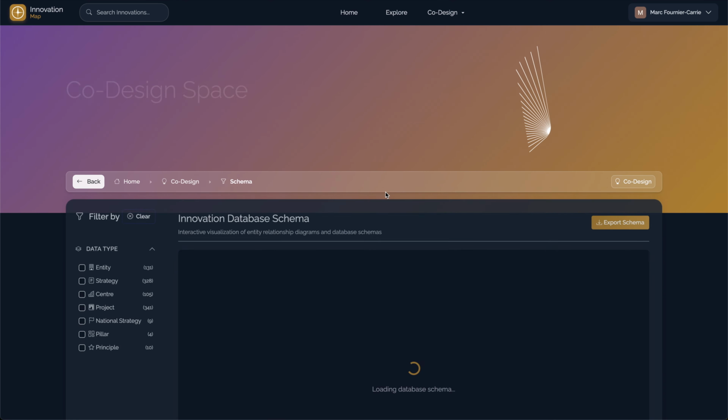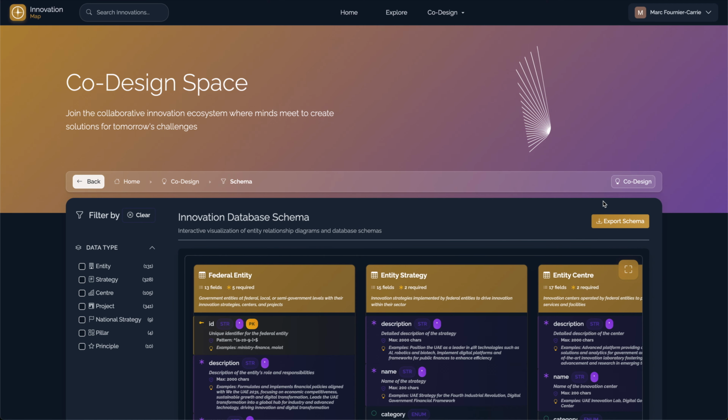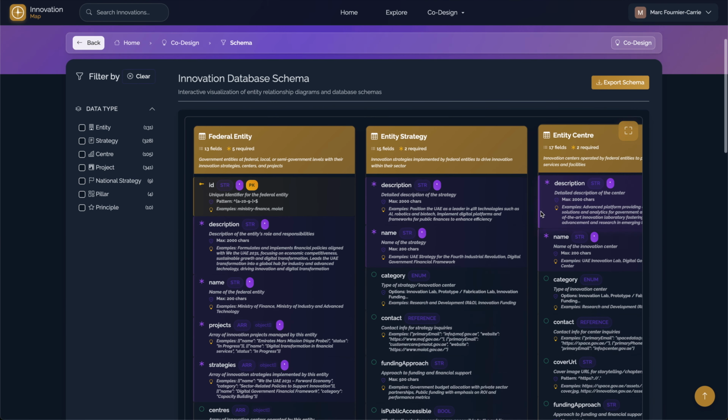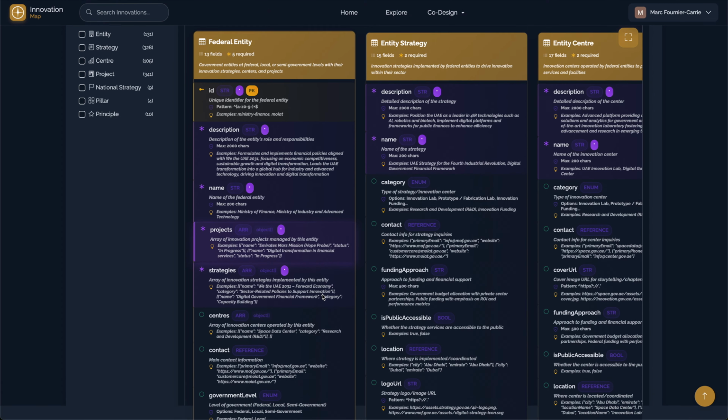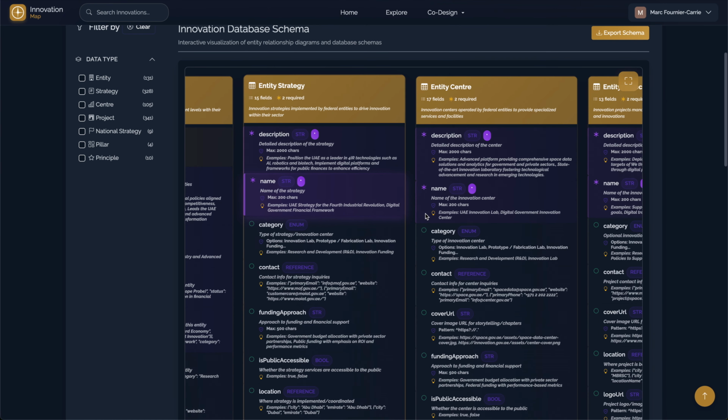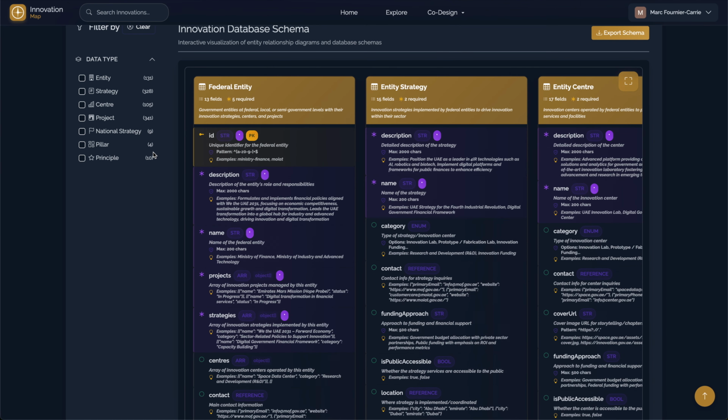I can go to my data structure menu. It will pull some dynamic view of what is actually in the data structure. So it's quite rich because databases start to be quite complex, but you can navigate through that. So let's say that